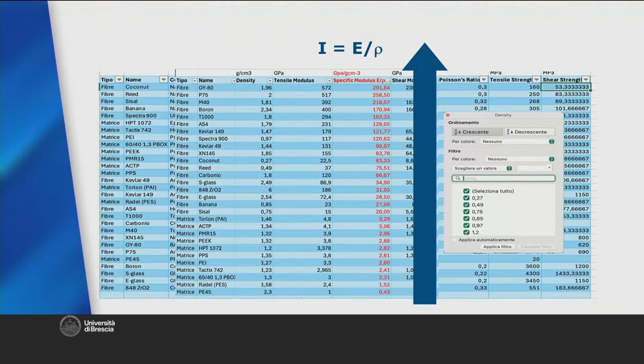But once we have these performance indices, how are they applied in a project? If we're faced with a table of data, maybe organized in a spreadsheet, it becomes easy to calculate the index for each material and make a ranking of the best ones. The index isn't just used to rank materials from best to worst, it also lets us understand how much the